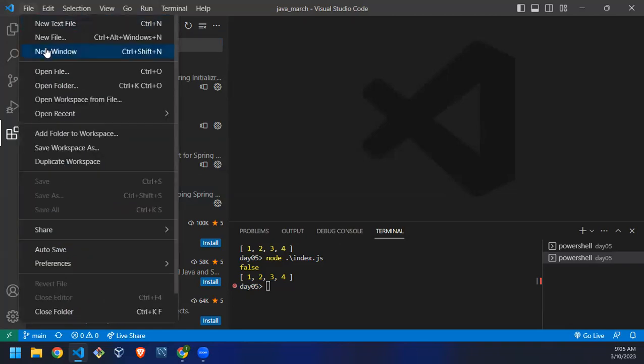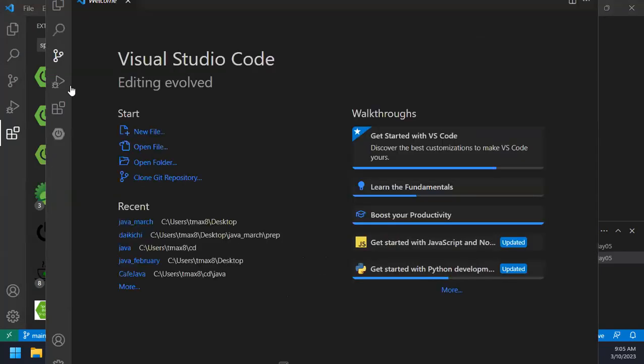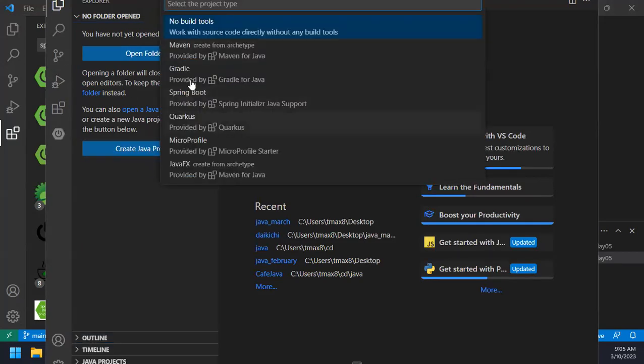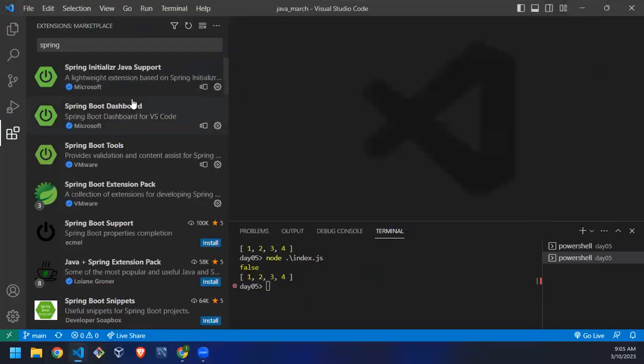I could create a new window. And from here, I can create a Java project and go through the whole process of finding it, this one here, the Spring Boot initializer. But you don't have to do that. You can just, from the root of your application,